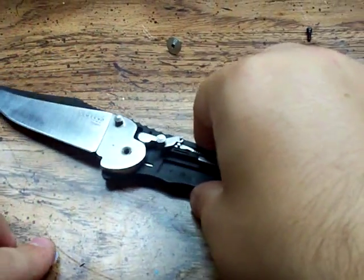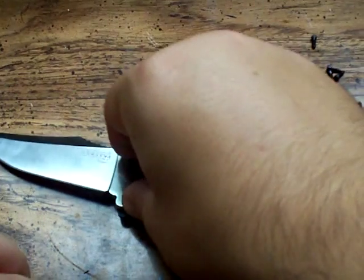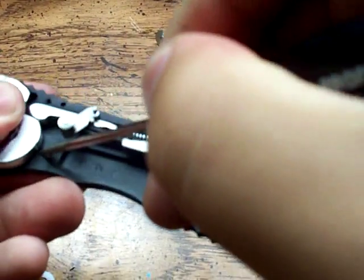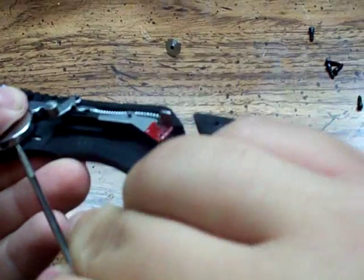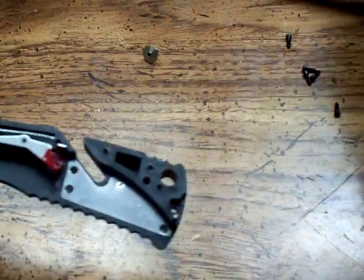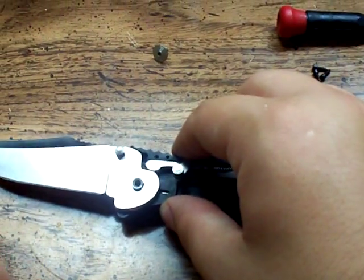So now I'm just going to pop this washer back on, and let me just make sure this screw is still in here. Whoop, sorry about that. So I want to make sure this is still recessed down in the handle. Yes, it is, because I want to make sure that the blade's going to be flush. There we go, perfect. Okay, so now I'm going to pop the washer back on, and I'm going to assemble